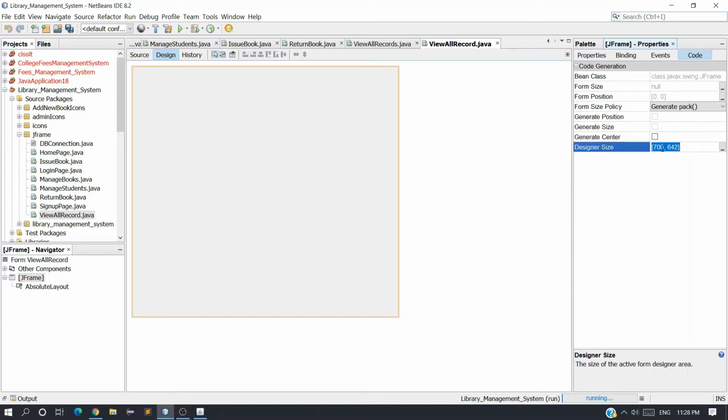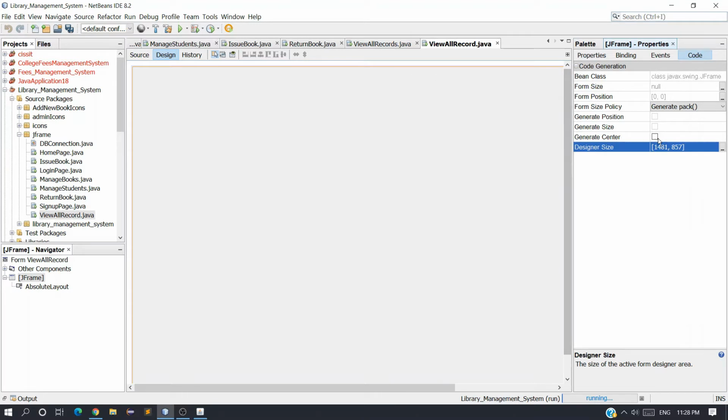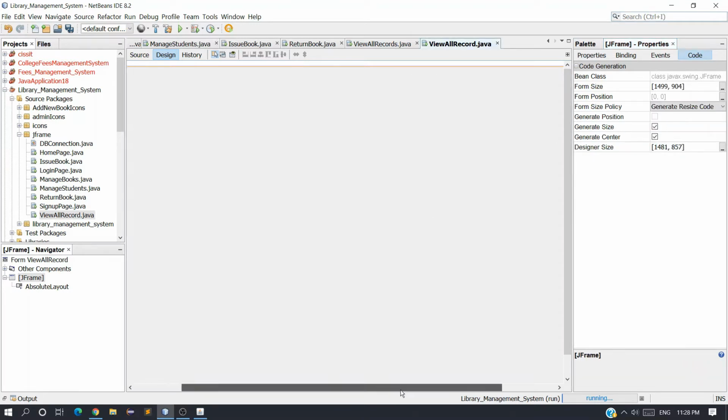And in designer size, just change the designer size and make it 1481 comma 857. Okay, done. And click on generate center and generate resize code. It will open our frame in the middle of our screen.